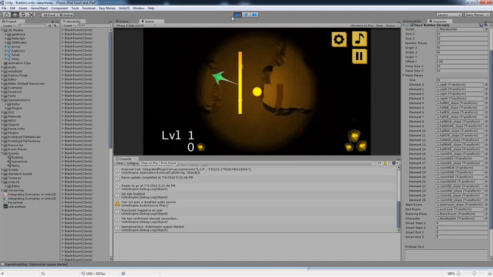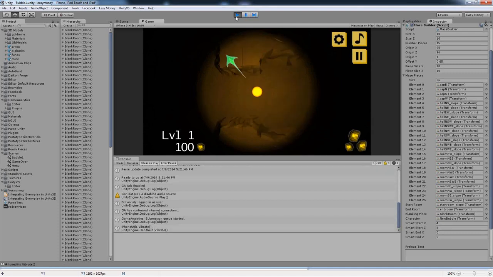So what we can do is go in and fix that, because what our system does is it's got this idea that every pickup, power-up, and prop within this world is independent of the actual prefab level piece. So we have an ability to position these wherever we want them and do that on the fly. And the way that we do that is through what we call hotspots. So if I bring in